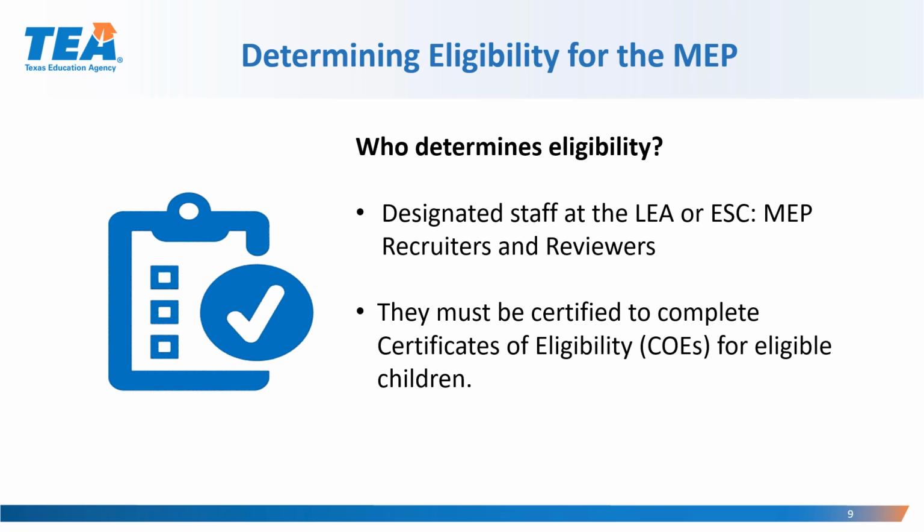Locally, designated recruiters and designated state education agency, or SEA, reviewers must complete the annual IDNR training as provided by the state. The necessary guidance is provided through the Texas Manual for Identification and Recruitment of Migratory Children. In addition, the TEA provides a course in IDNR for recruiters and reviewers. Before setting out to perform the task of eligibility determinations, the designated staff, recruiters, and reviewers must take this course and demonstrate mastery of the material.